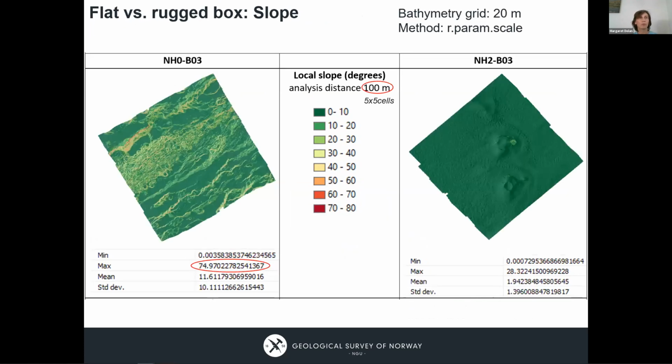Moving on to slope. We focused on intuitive analysis distance, adapting the number of cells used for the focal neighborhood to something that people planning surveys who are not used to terrain analysis can get their head around. So an analysis distance of 100 meters first. We see that we're finding in some places slopes up to over 70 degrees